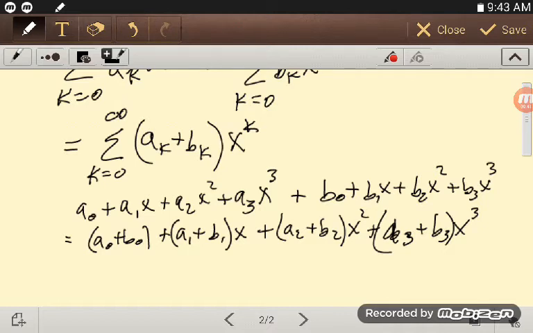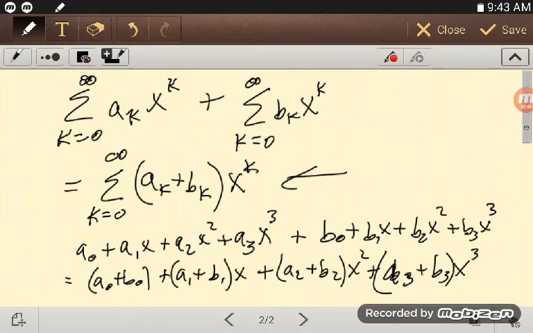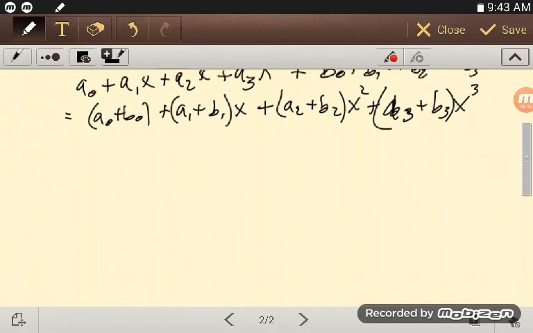Okay, so that's the idea. We can add series like this very simply as long as the powers on k match up, and I start the series at the same place, k equals 0 and so forth. So the problem is what we're going to have